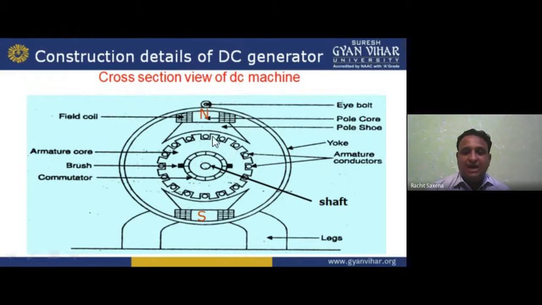Now this is the armature. The armature conductor shown here means the coil. Then we have the armature core in the middle. It is a cylindrical structure mounted on a shaft. So this is the shaft. This winding is connected with the commutator lugs, bits of copper, and the commutator segment. With two poles we use two brushes, positive and negative. If four poles, then we use four brushes. The two brushes are made of carbon instead of copper and graphite. I hope you understand the basics which I explained.